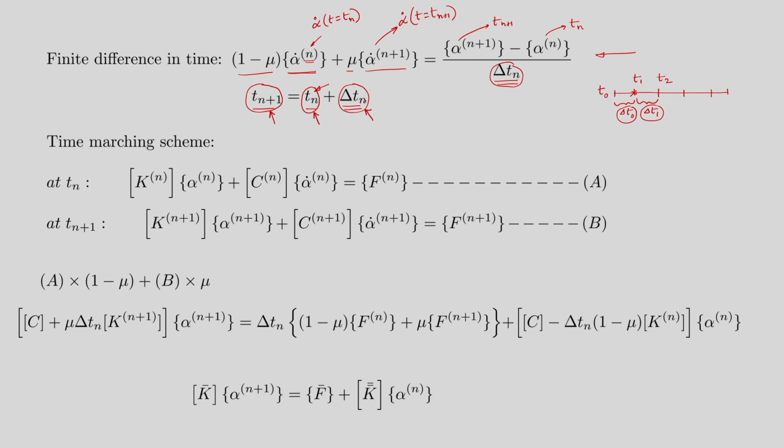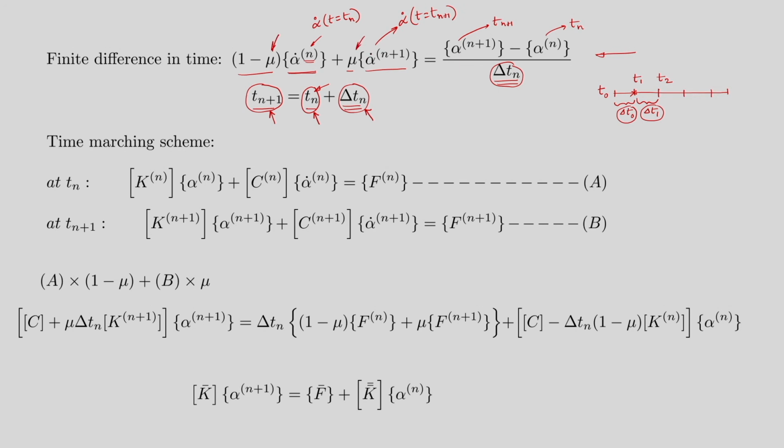We will start with n equal to 0, okay, and first find the solution at t 1. Once we know that, we will put n equal to 1, move to time t equal to t 2 and find the solution, and so on. That is what is called a time marching scheme, alright. Now, here this mu is basically a constant.